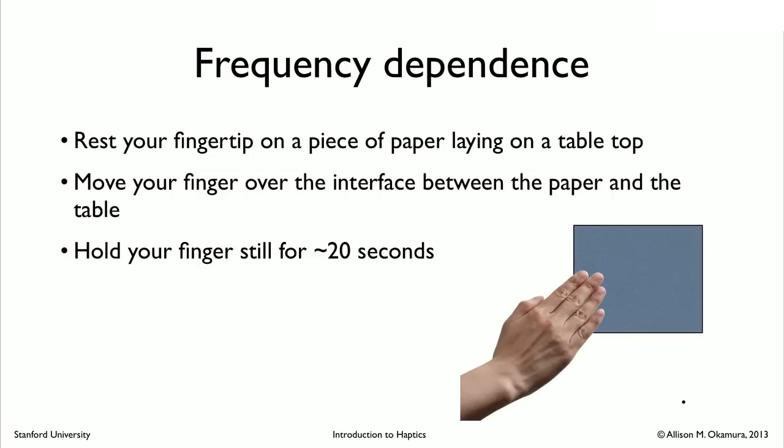Now I want you to do a little exercise on your own to measure the frequency dependence of your receptors. So set up a little experiment where you lay a simple flat, say an 8.5 by 11 sheet of paper onto a very flat tabletop, and lay your hand over the edge of the interface between the paper and the table. You can move your fingers over this interface rapidly, and you can very clearly feel that there's an edge of the paper there. But then you should hold your finger still for at least 20 seconds and hold it